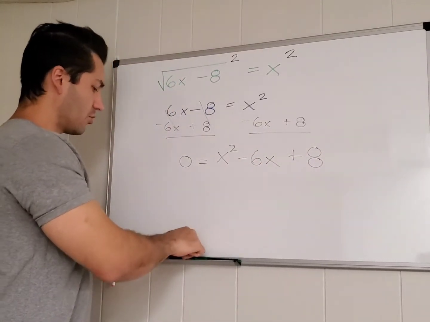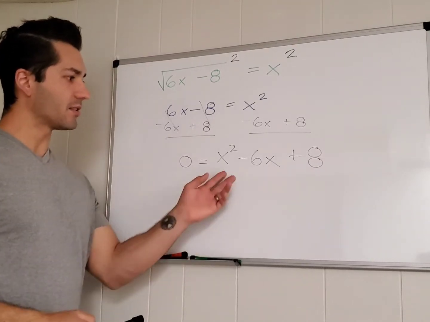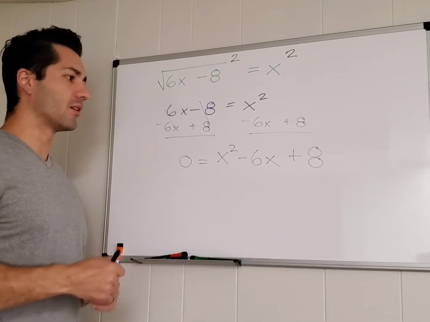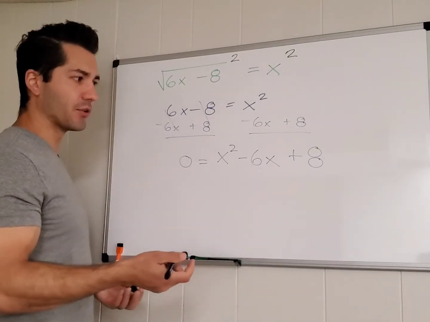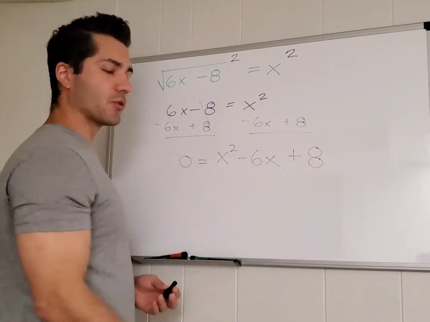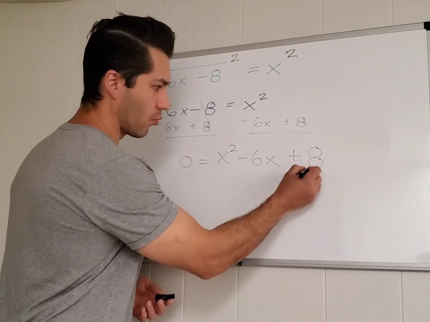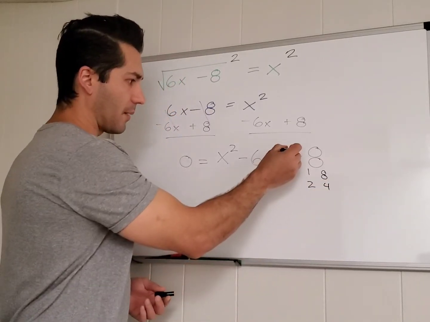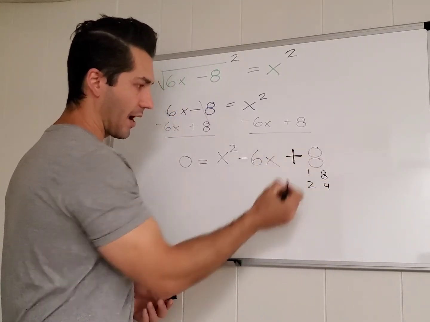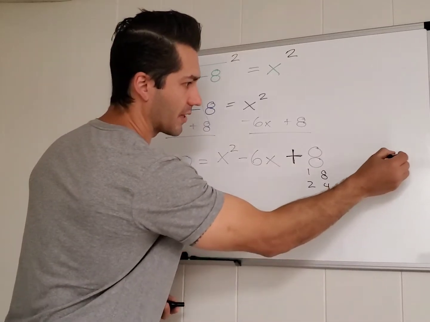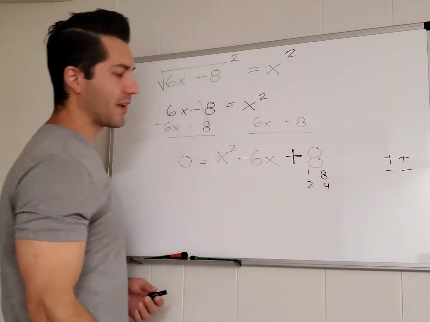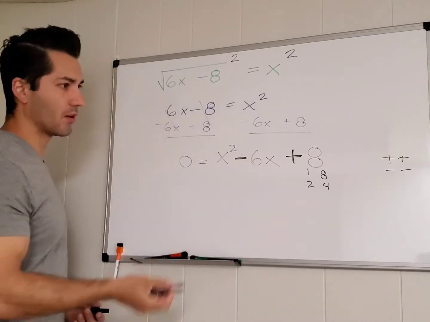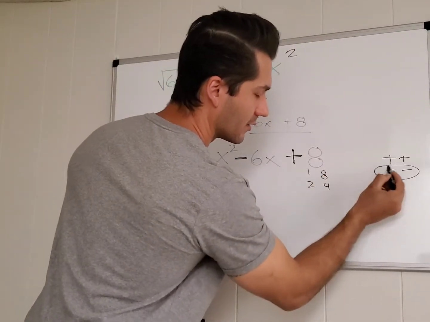And then you should be going, oh, crap, that again. This is what I always called basic factoring. This was the most common one. This is the one we do a lot of. It's also probably one of the faster ones if you know your times table. Things that multiply to give you 8: there's 1 times 8 and 2 times 4. You want a positive 8. How do you get positive numbers? They could either be positive, positive, or negative, negative. You want them to add up to a negative 6, which means you want that negative, negative,